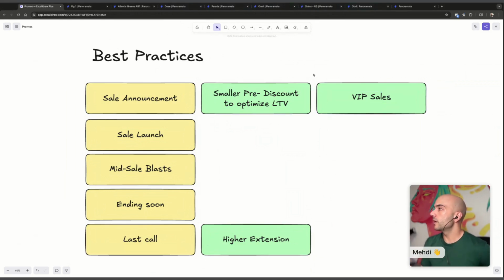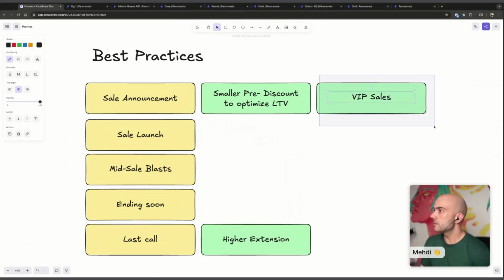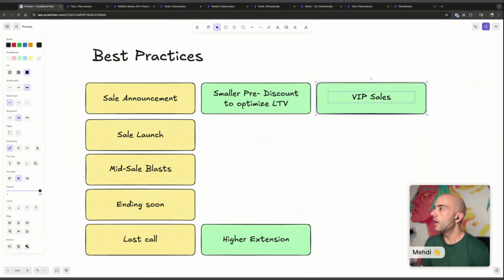The first one here is going to be the VIP sale. Of course, before doing a sale, you might just want to announce it to the VIP segment or open it up to the VIP segment first. This one specifically works for companies that might be out of stock and that experience this sometimes. So it's jewelry, fashion companies, or even supplement companies, to be fairly honest,